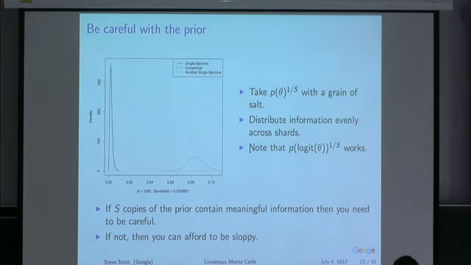If you think about not taking the prior on the theta scale, on the probability scale, but on the logit scale, then the Jacobian works out so that the 1 over s thing gives you the right rule. So if you have a situation where adding 100 times the prior that you intended to add would make a difference, then you need to be careful. If you've got so much data that even 100 times the prior information wouldn't make a difference, then you can afford to be sloppy, right? Okay.